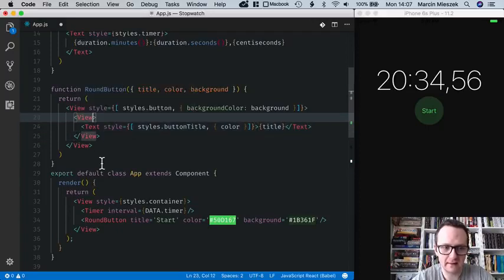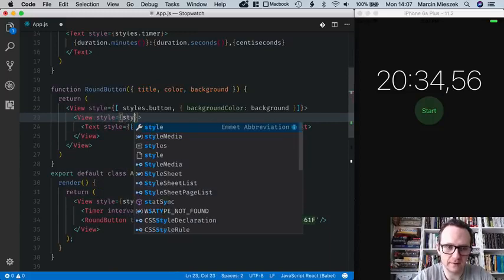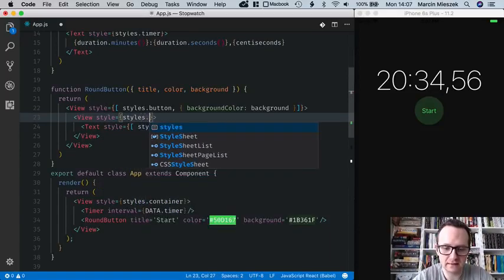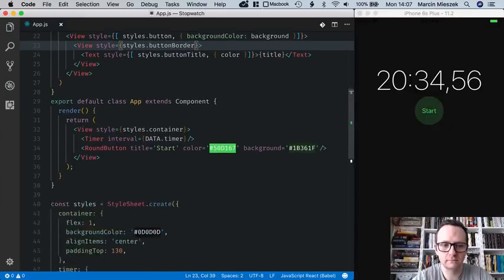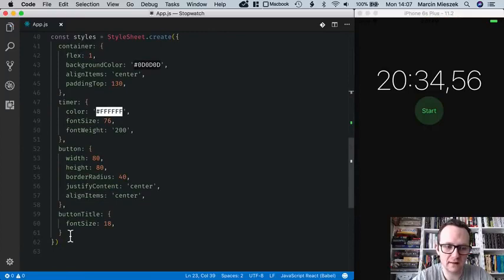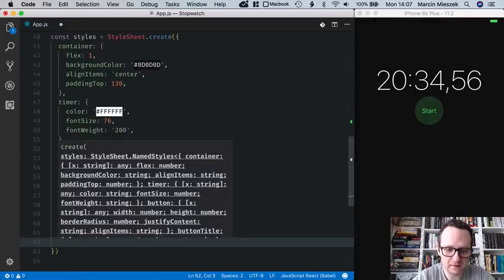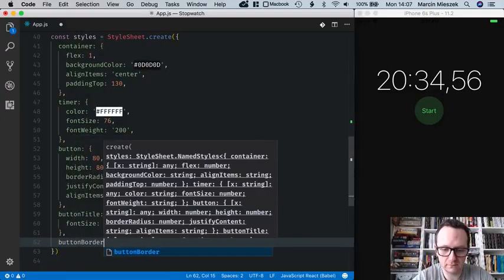Okay, and add a style to it, which will be named styles button border. Okay, now let's define this style. So button border,